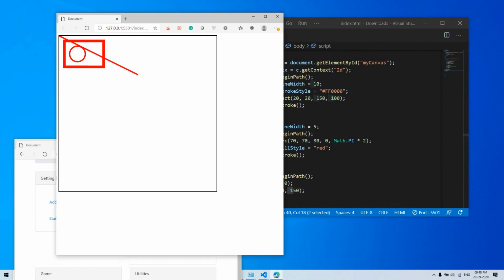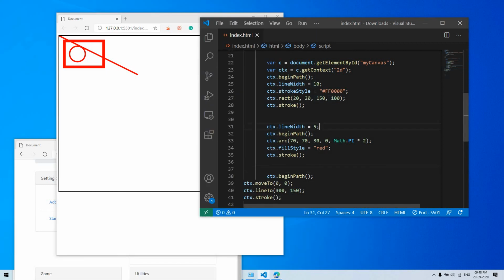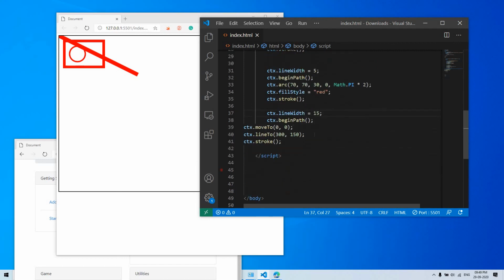So it draws a line from here to there. Again, we can change the line width after the circle is drawn, so that it only affects the line. So as you can see, it got thinner. Then say I make it 15, then it's going to get thicker. Okay, let's format the document again.